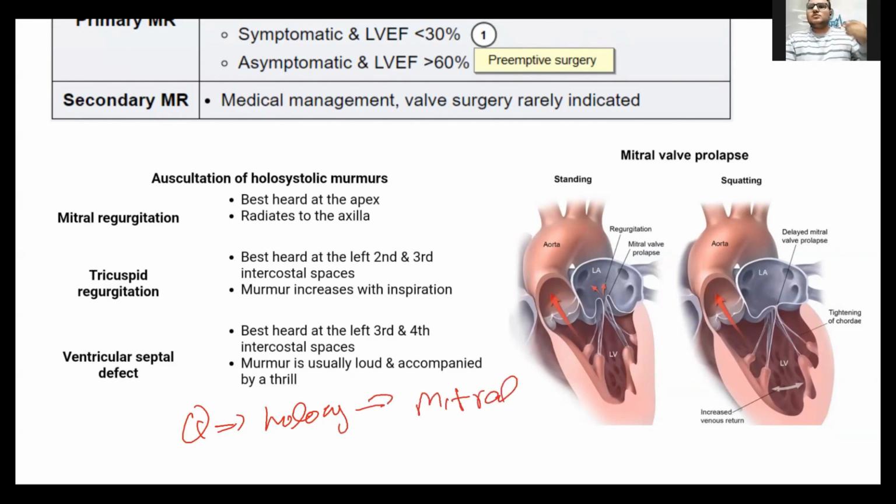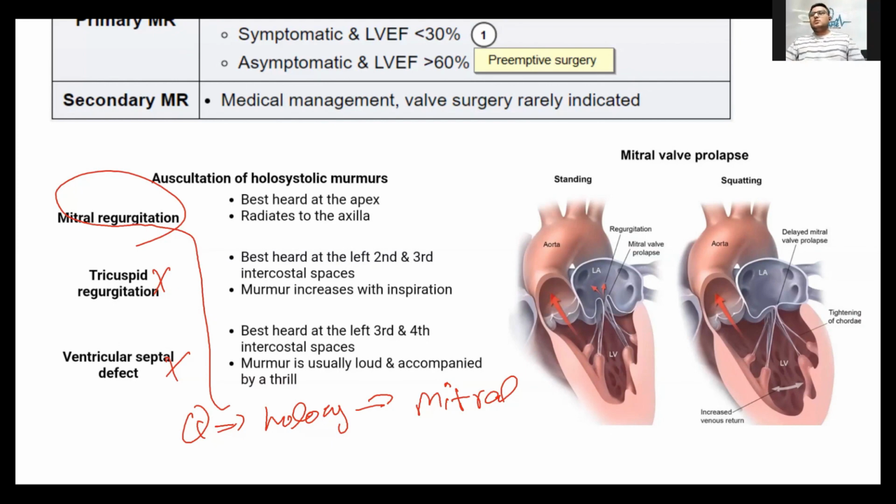आई विल जस्ट गो विद दिस आंसर, क्योंकि ओनली हालोसिस्टोलिक में ये तो माइट्रल पे आता ही नहीं है, माइट्रल एरिया पे ये भी नहीं आता। तो मेरा क्वेश्चन बगैर देखे मैंने अपने स्टेप्स के एग्जाम्स में आई यूज दिस टेक्निक। दिस इज वेरी इंपॉर्टेंट, लैब में यूएसएमएलई में जो सारे सवाल पूछे जाते हैं आपने इस तरह डिफरेंशिएट किया। आपका हालोसिस्टोलिक आया, आपने सिर्फ तीन सोचने, माइट्रल रिगर्जिटेशन, ट्राइकस्पिड रिगर्जिटेशन, वेंट्रिकुलर सेप्टल। ओके, फिर कहेगा हालोसिस्टोलिक मरमर दैट इज बेस्ट हर्ड ऑन द